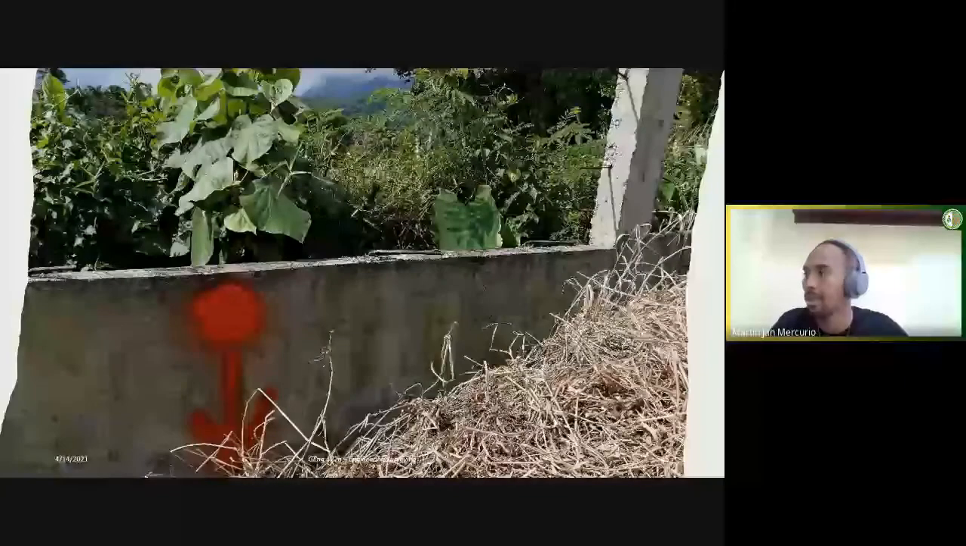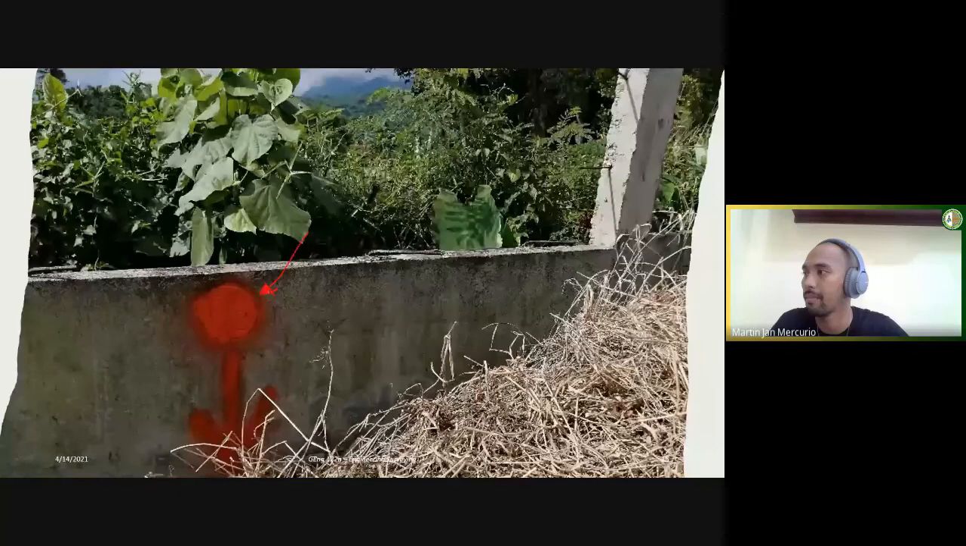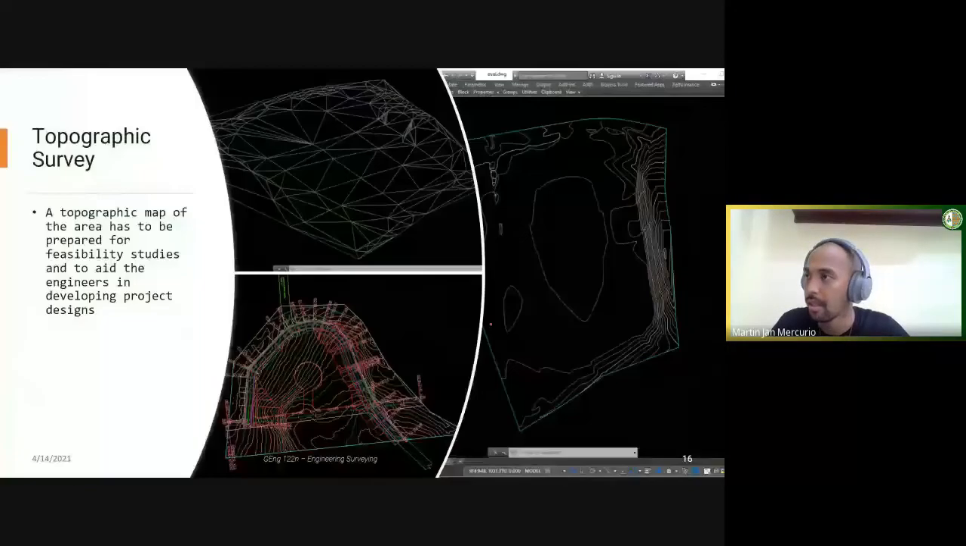then as you can see here, this is a corner established on the actual area, no? So for that, the owner is guided where is the limit of the construction site, no? And lastly is once we already